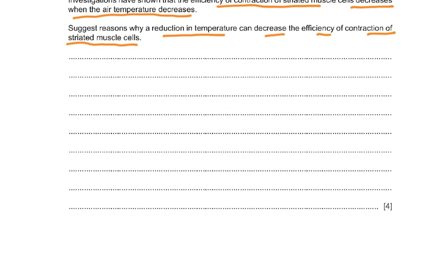Now, it's a 4-mark question, and you could have come up with anything. Respiration rate decreases, less ATP produced, reduces activity of enzymes, reduces the movement of calcium ions or sodium ions or acetylcholine or the neurotransmitter. So there's less acetylcholine broken down because the acetylcholine remains attached to the receptors, or you can say the acetylcholine esterase is inactive.